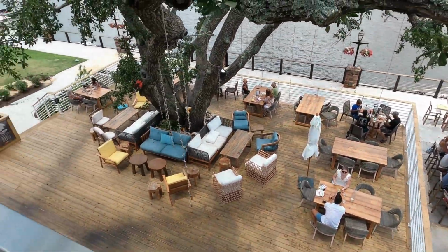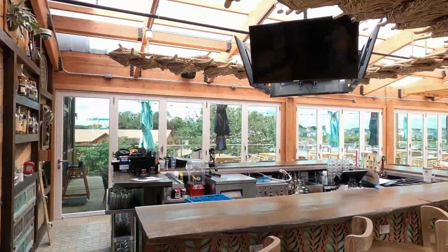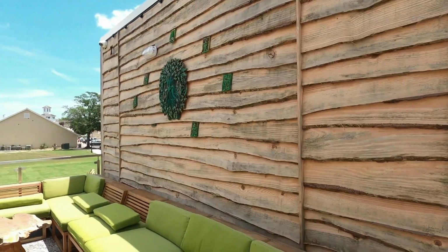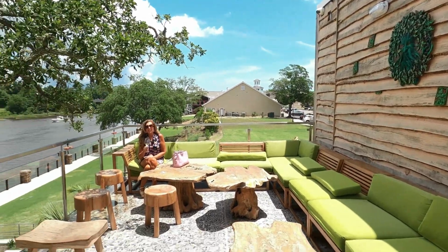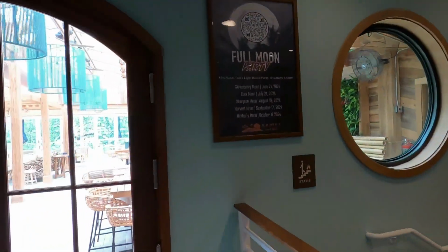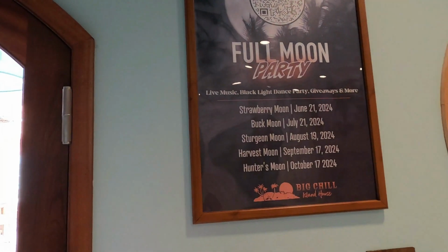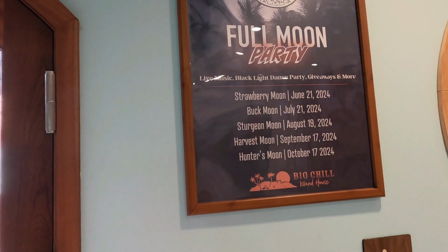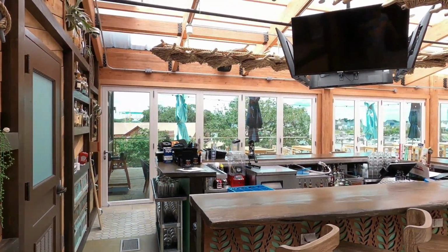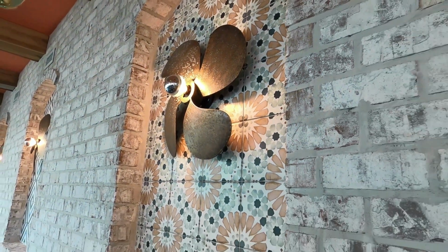They support multiple levels in various directions, so the view at each section is amazing, and my favorite is overlooking the waterway as the ships cruise by. They host most events like the Full Moon Party and a brunch every Sunday from 11 a.m. to 3 p.m. And let's not forget about their signature destination dinner parties, where they offer a culinary journey inspired